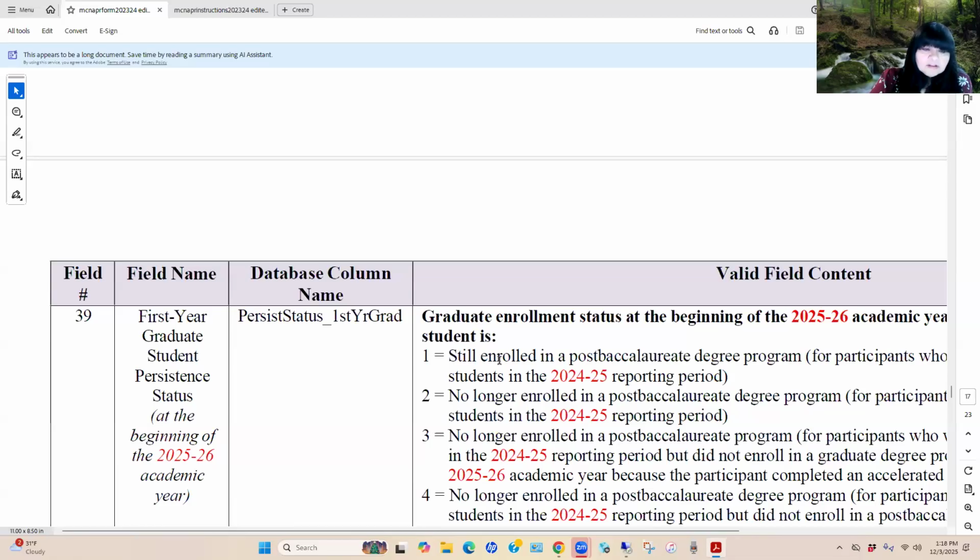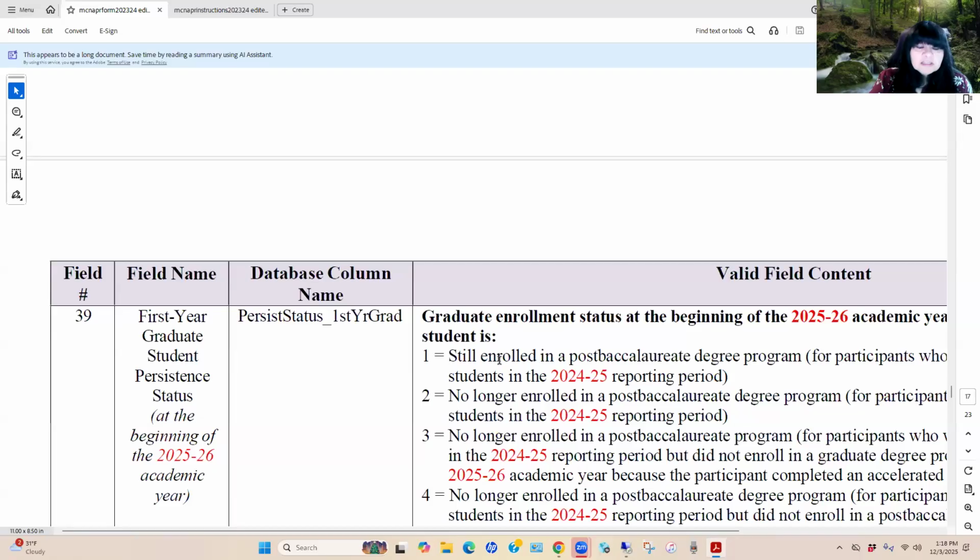Okay. Field 39 now is helping us to respond to the persistence status. And so now we're looking at students that we would have reported on in 23-24 as having enrolled in their graduate program of study in the fall of 24. And so within the 24-25 reporting period, they are now a first year student.